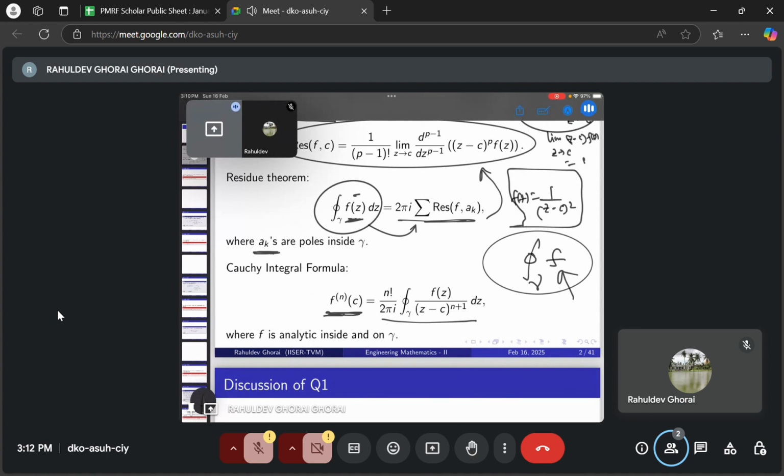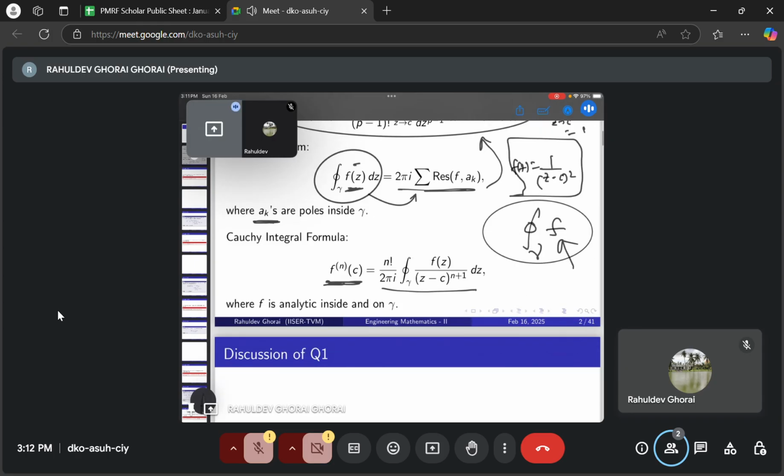So that is the isolated singularity, and a pole is a type of isolated singularity. A complex function f has a pole of order m at a point z naught if m is the largest positive integer such that a minus m, this is a coefficient of the Laurent series, Laurent expansion,